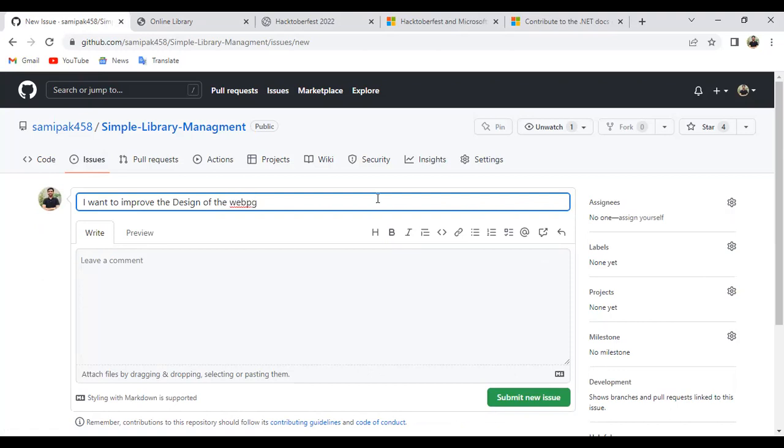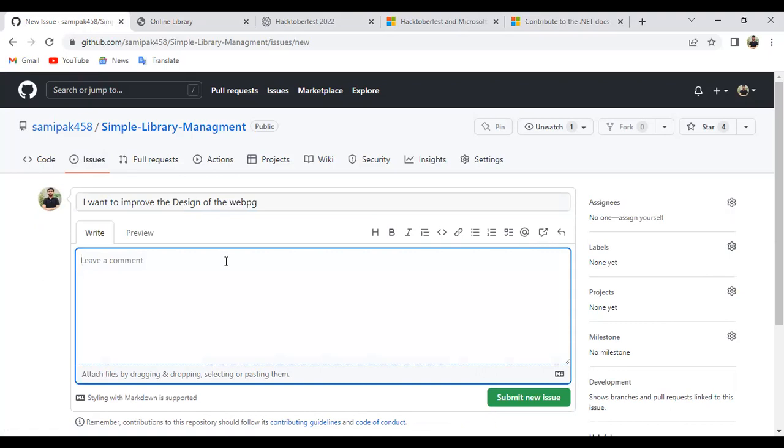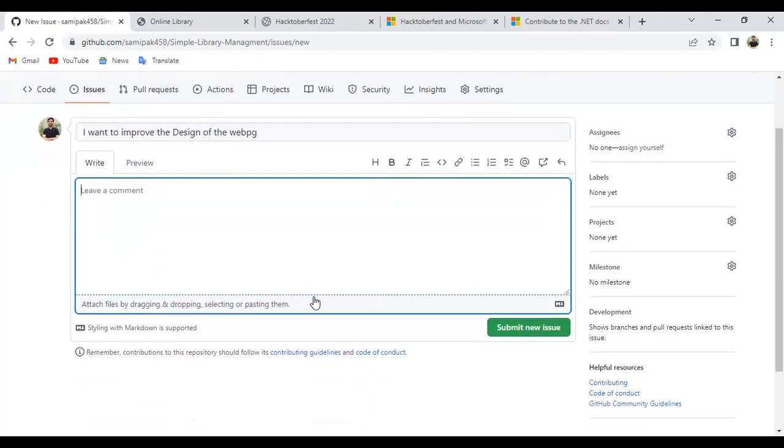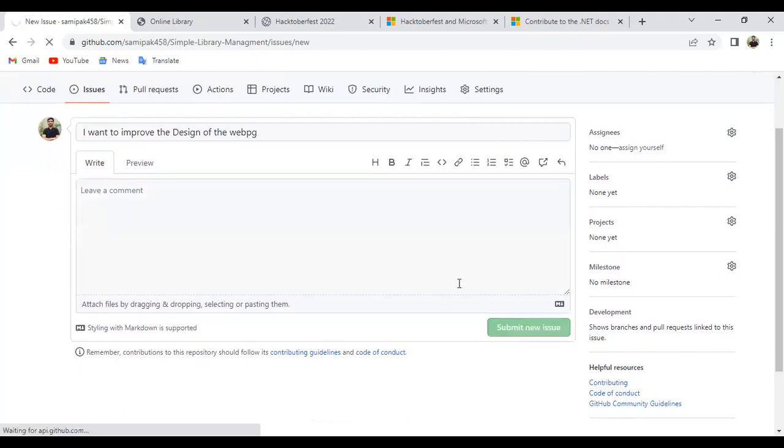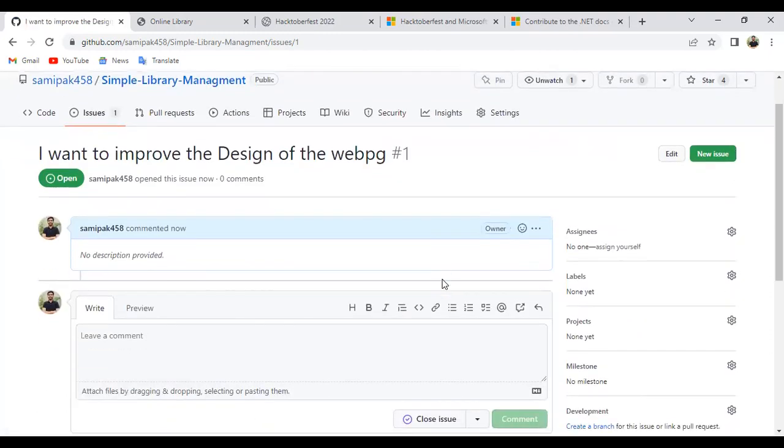Like this, and whatever changes you are thinking, like changing the color, the font colors or font family, just write out what you are planning to contribute. Then after writing everything, you can click on submit new issue. Then the new issue will be created like this.